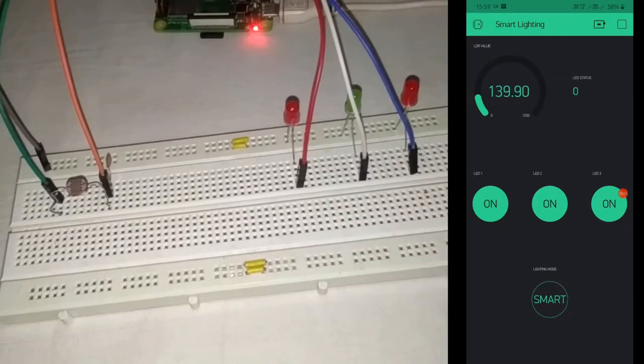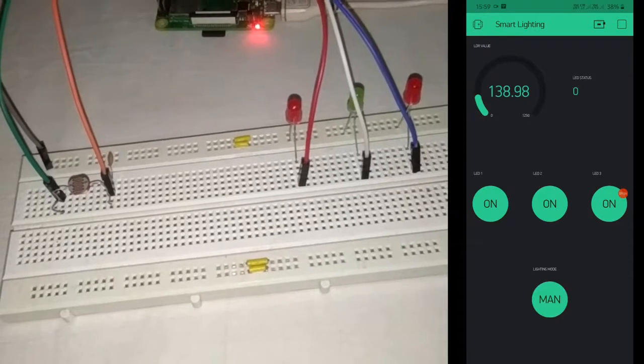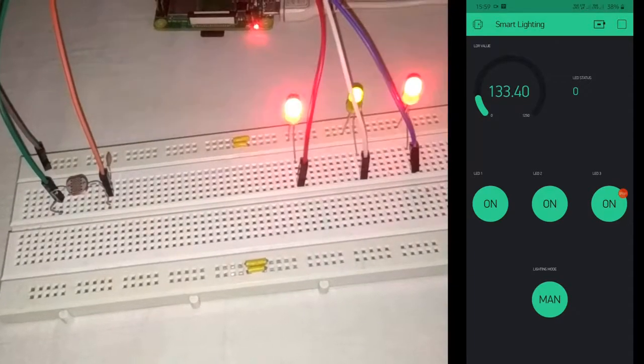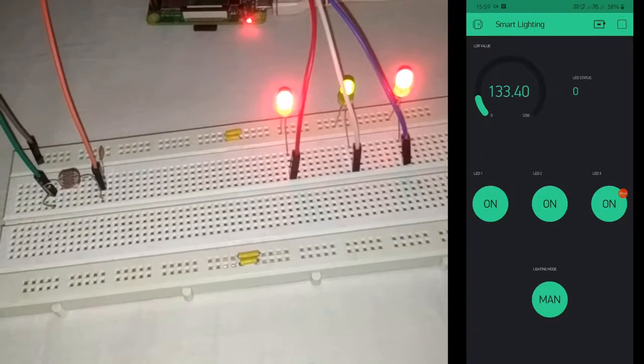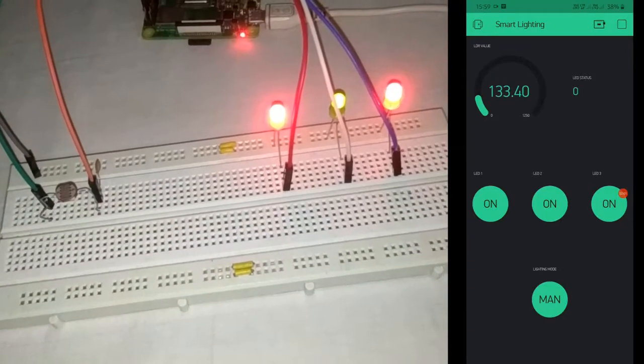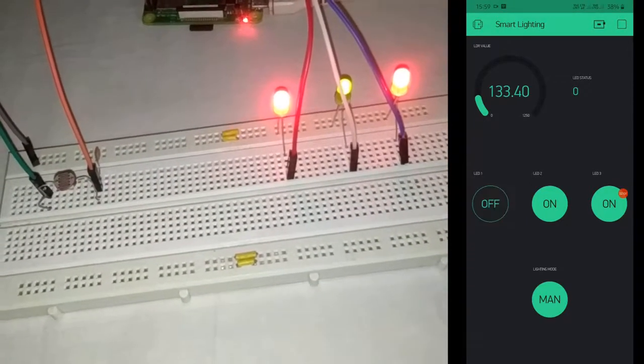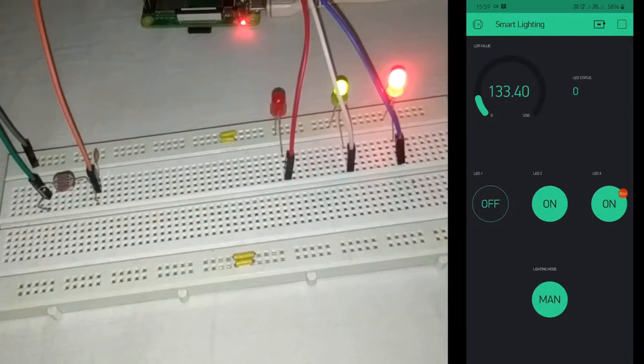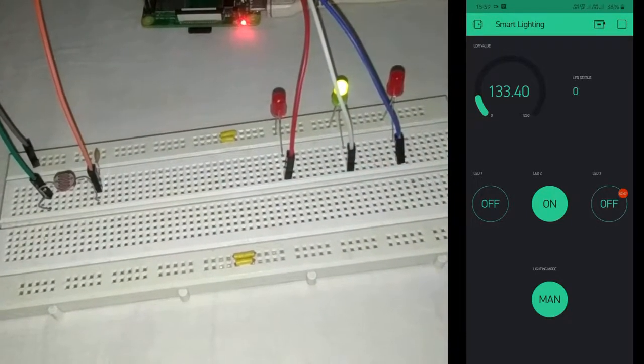Now let me try to change to manual mode. In the manual mode it was all on, so the LEDs are on. It works fine even in this case.